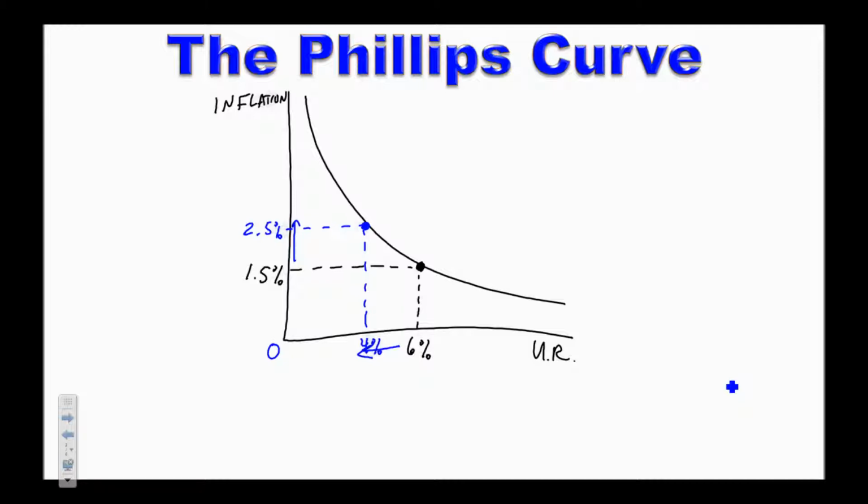Now, there's more to it. We are also going to be looking at what's called the long-run Phillips curve. By the way, I forgot to label this one. This is the short-run Phillips curve. Okay? Now, the long-run Phillips curve is completely vertical, which means there is no relationship between unemployment and inflation in